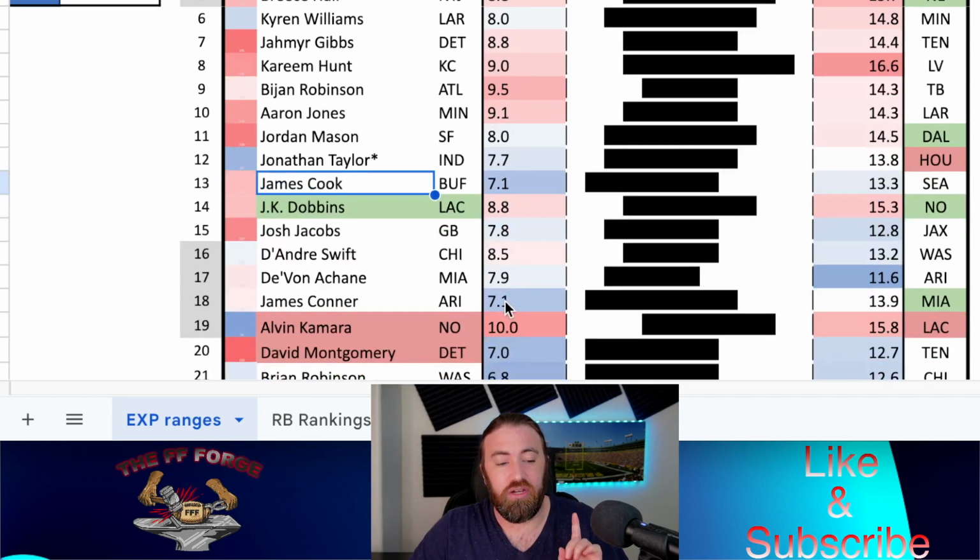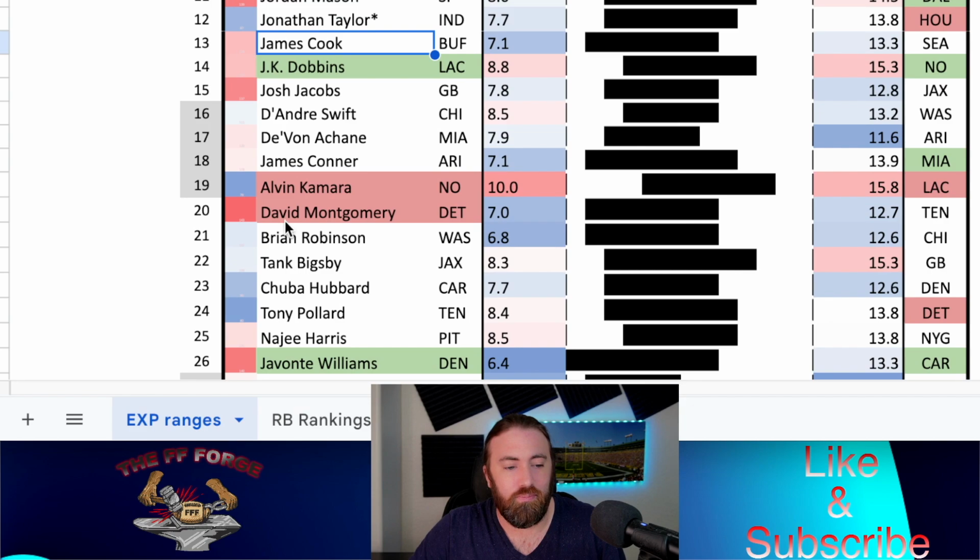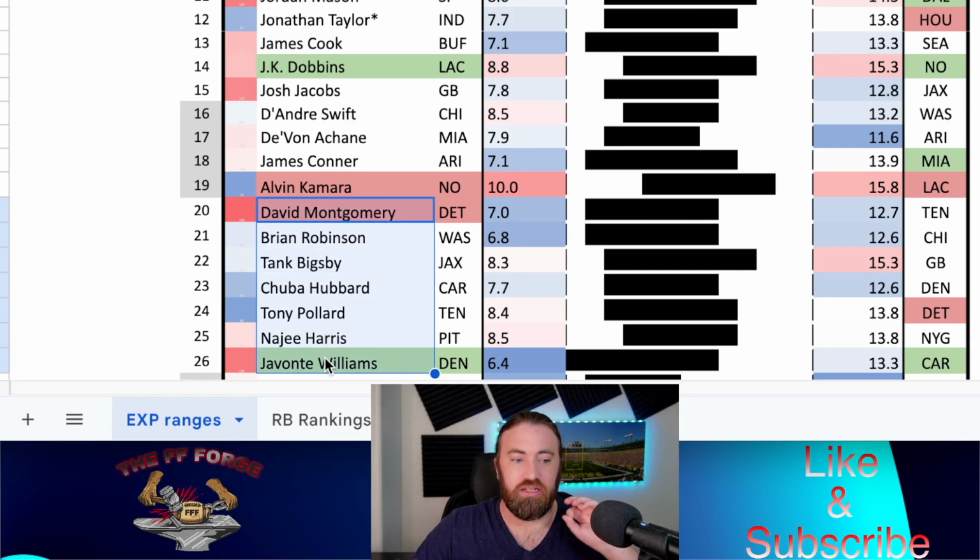That's going to bring us on to my 5th tier. And before we get into this tier, because this tier is the tier where I expect the most movement to occur, I'll give you a little bit of time to look at that and absorb that while I let you know